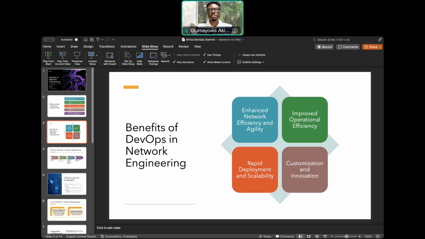Also, we're talking about rapid deployment and scalability. For this, we're looking to leverage cloud-based solutions and virtualization to scale network infrastructure either up or down based on demand. And we're looking at tools like Kubernetes or Docker to enable rapid deployment of network services and applications.